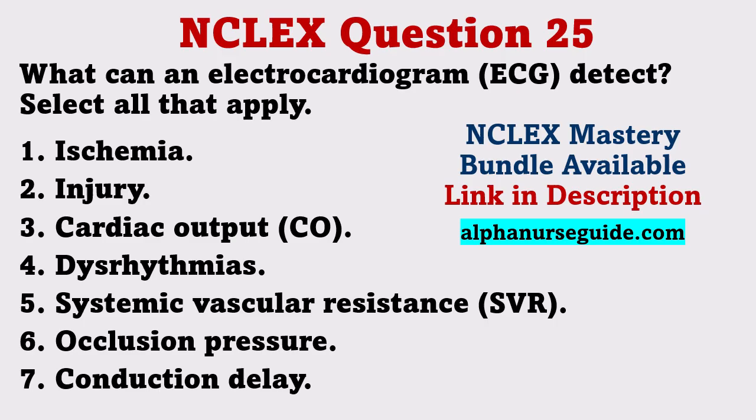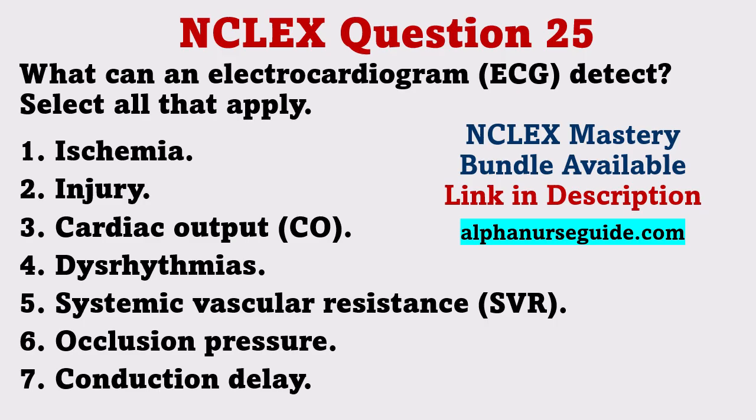7. Conduction delay. An electrocardiogram can indicate ischemia of the heart muscle. An electrocardiogram can indicate injury to the heart muscle. An electrocardiogram can show dysrhythmias. An electrocardiogram does show conduction delays. An electrocardiogram does not indicate cardiac output. An electrocardiogram does not show systemic vascular resistance. An electrocardiogram does not show occlusion pressures. The electrocardiogram checks the electrical system of the heart, not the mechanical system. Cardiac output is mechanical. Occlusion pressure does not have to do with the electrocardiogram, and systemic vascular resistance measures pressures